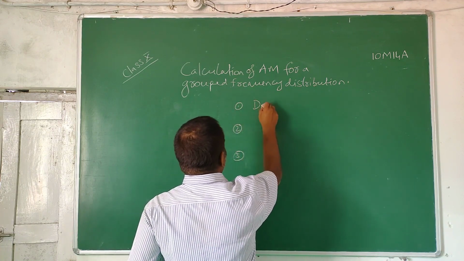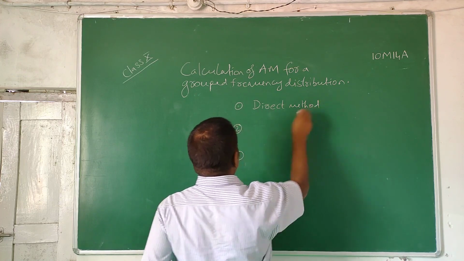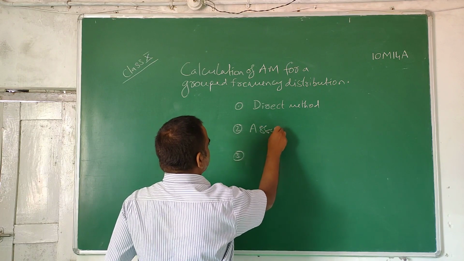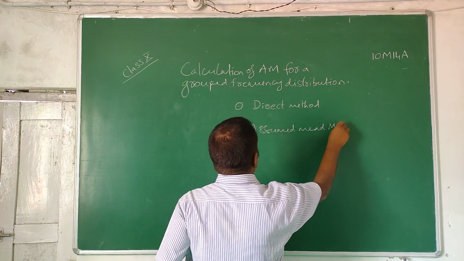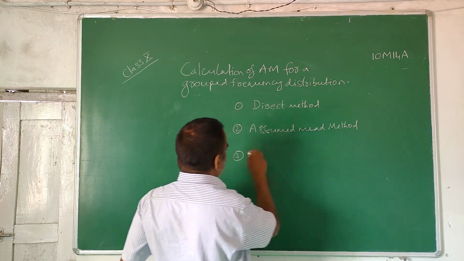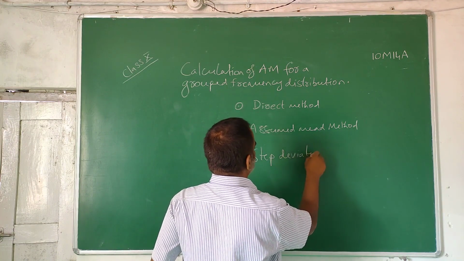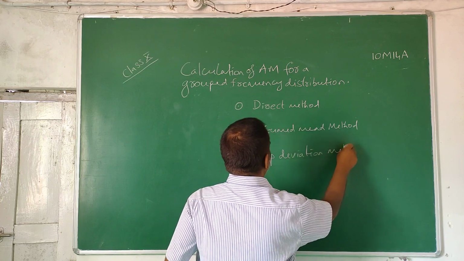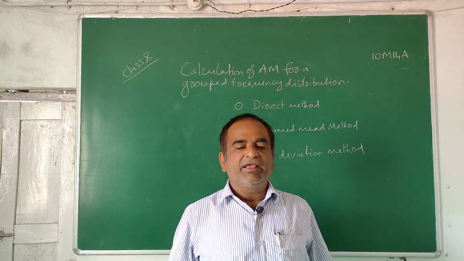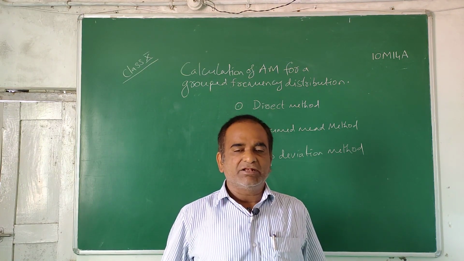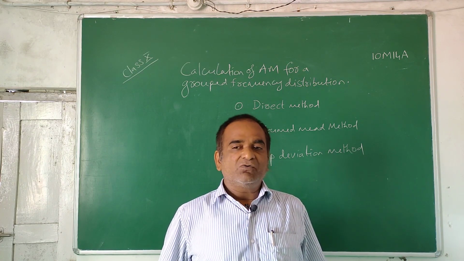First method is the direct method. Second method is the assumed mean method. Third method is the step deviation method. So these are the three methods available to calculate mean for a grouped frequency distribution. Okay, so now you see